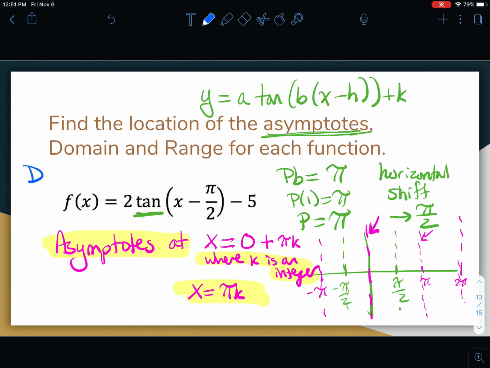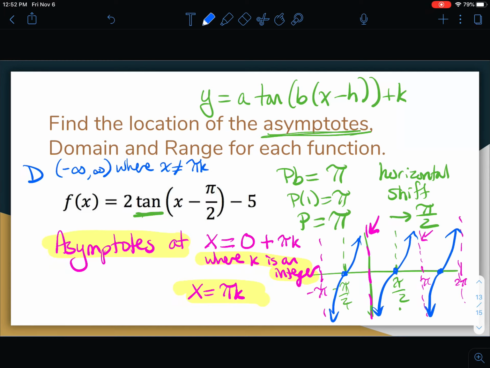Now, let's go ahead and talk about domain and range. The domain, again, what this is going to look like is something, and you don't have to graph it yet, but this is kind of what we're getting to, right? Which means I can plug in anything I want except for those asymptotes. Those are the issues. So we're going to say it's all real numbers where x is not equal to pi k, where k is an integer. So you're saying every single thing you can plug in except for those little troublemakers, right, where we get that